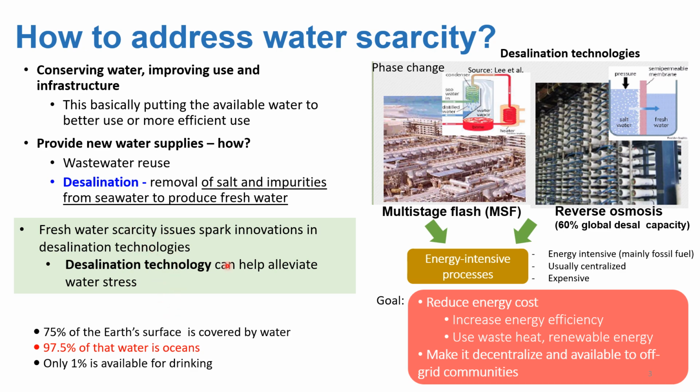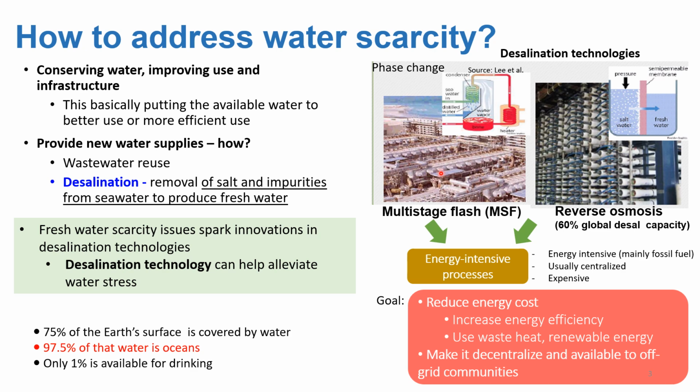In the current methods, we have two main methods in desalination, as you can see from here. The first one is thermal-based desalination, and the main one is based on the multi-stage flash process, or MSF. And the other one is a membrane-based desalination process, mainly by reverse osmosis. So MSF is a phase change process, where one applies thermal energy to boil and evaporate water, and then it is condensed back into pure water, as you can see from this figure over here. It's like boiling water and then condensing water back.